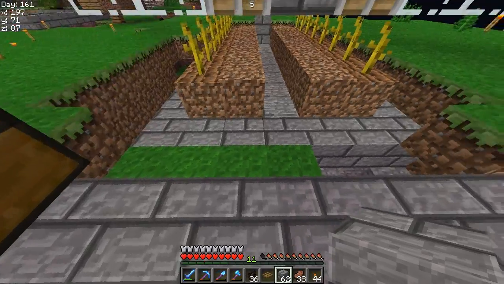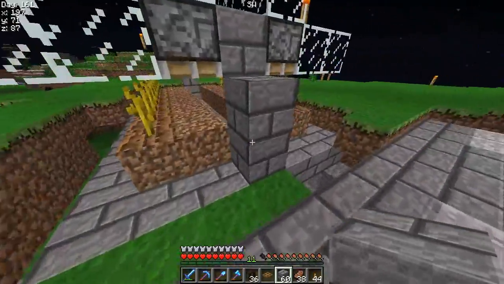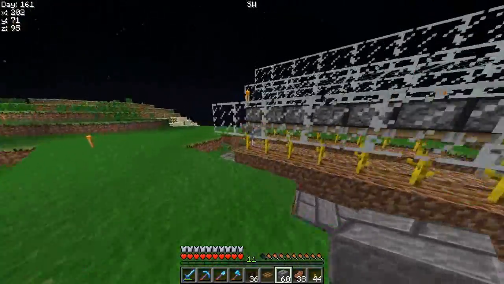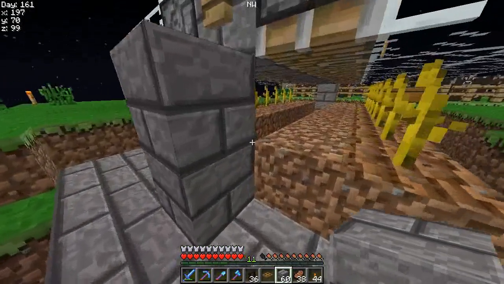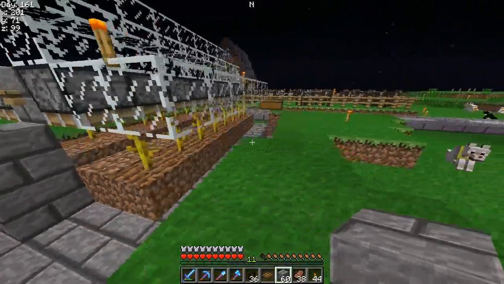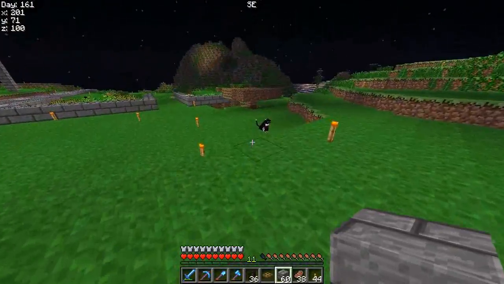I guess I could do a door there too. Yeah, I took off the wood pressure plates because items were dropping on them and setting it off. The reset only I can do. So now nothing can get in there. Well, maybe a spider through here. Anyway,